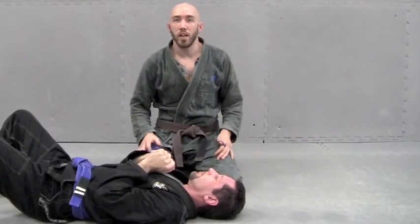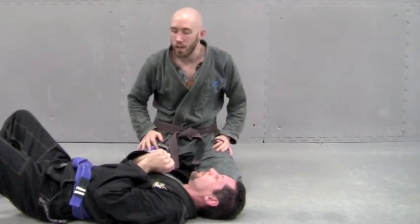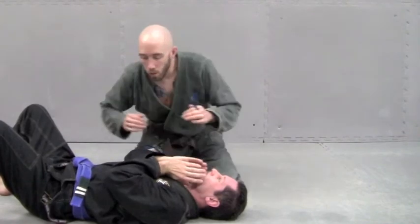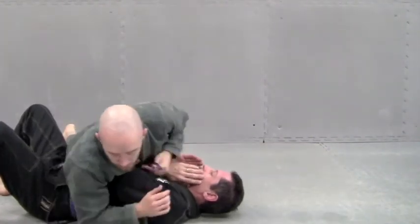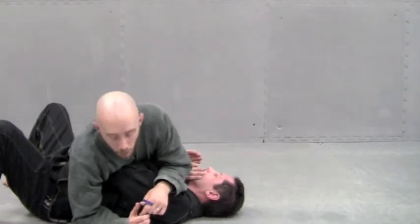This third option is if he's not giving us much. He's just kind of stalling and waiting to see what happens. Okay? So he's playing a real conservative game. His hands are in, his elbows are in. Okay? What I'm going to do from here, in this position, is I'm going to bring my hip forward and